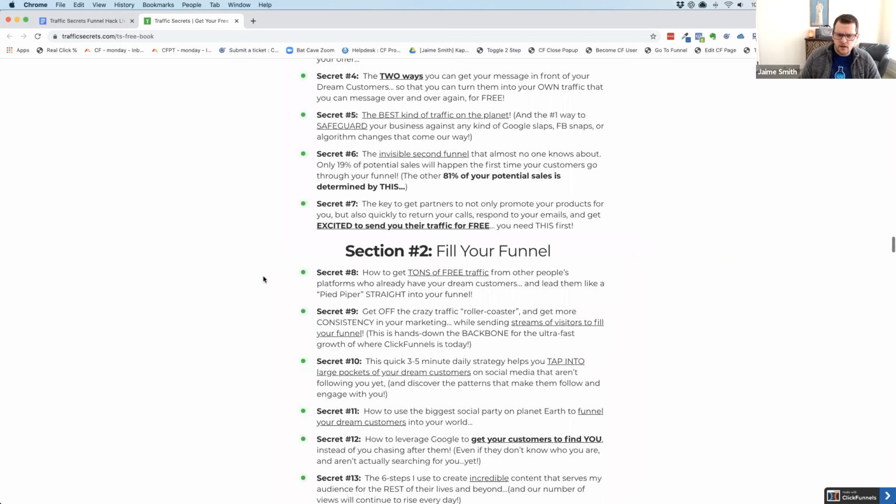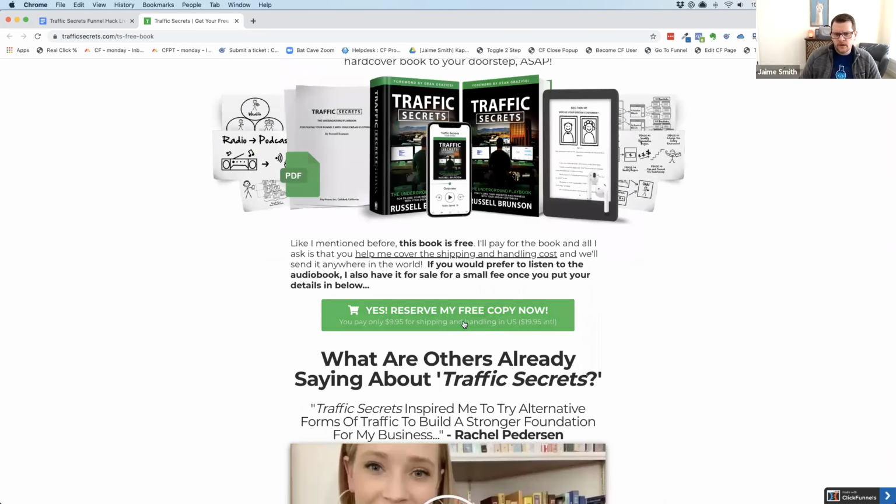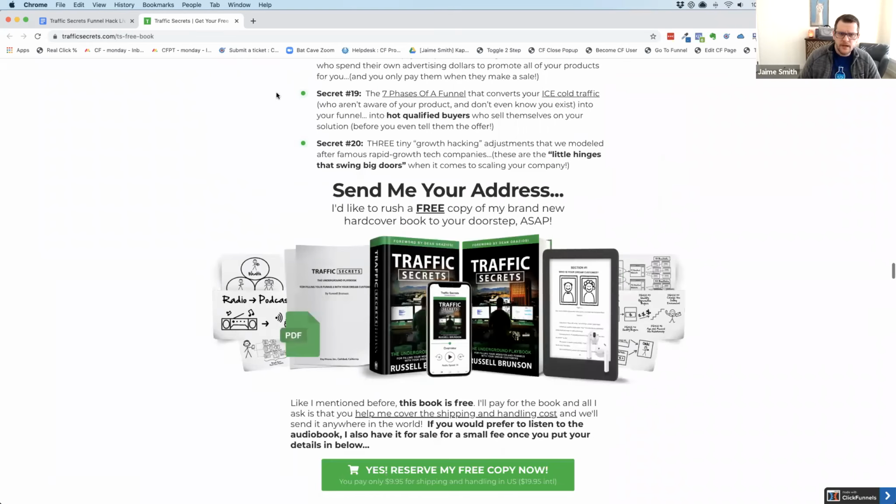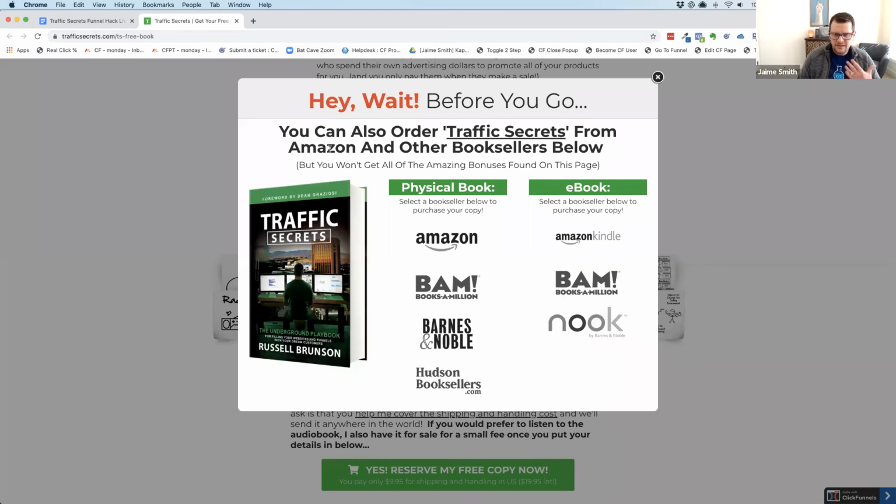It's an awesome looking funnel, but you'll notice throughout that wherever you click on the "Yes, reserve my copy" call to action button, it actually opens a pop-up. But before we open that, I want to show you something. If we go to exit out of this, we'll see we get an exit pop-up, and that exit pop-up is, hey, wait, before you go, do you want to go buy